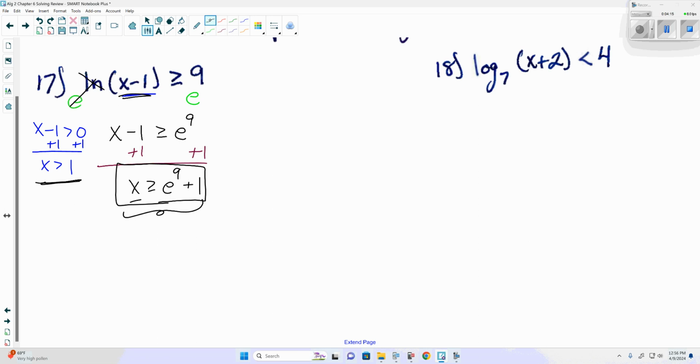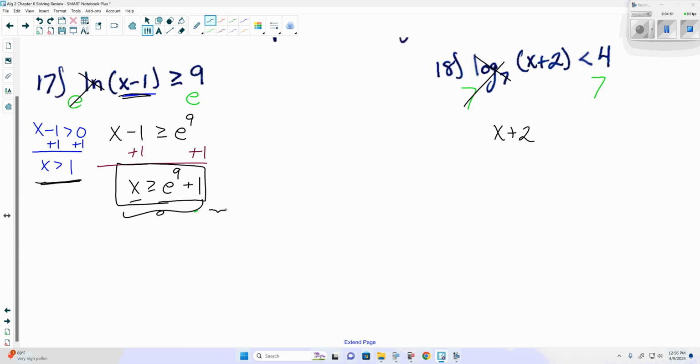Log base 7 of x plus 2 is less than 4. Is the log by itself? No. So what is with it? X plus 2 is inside the log. So the log is indeed by itself. We're going to put both sides to the base of 7, because if there was something added outside the log or something being multiplied in front of the log, we would have to move it first before we can do the base of 7. Because the log base 7 cancels out, it simplifies out, leaving us with